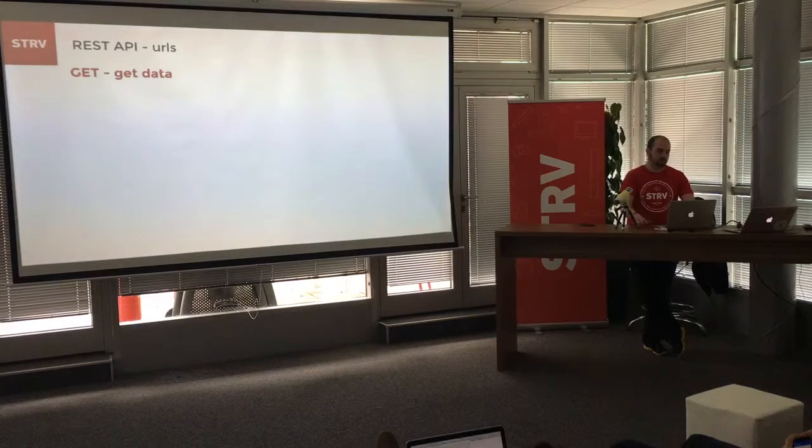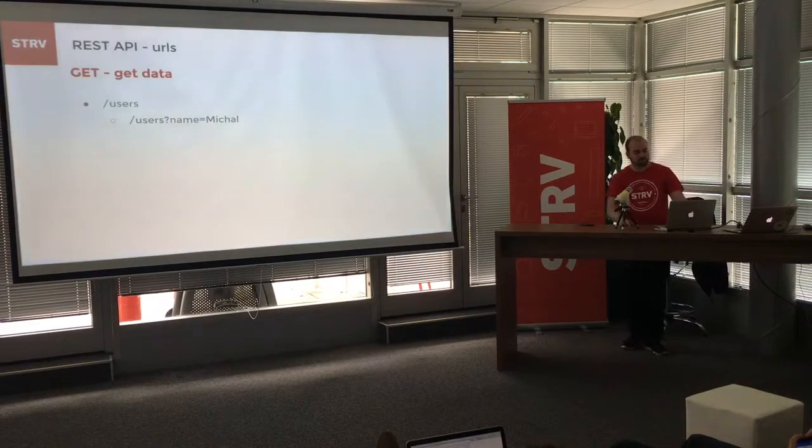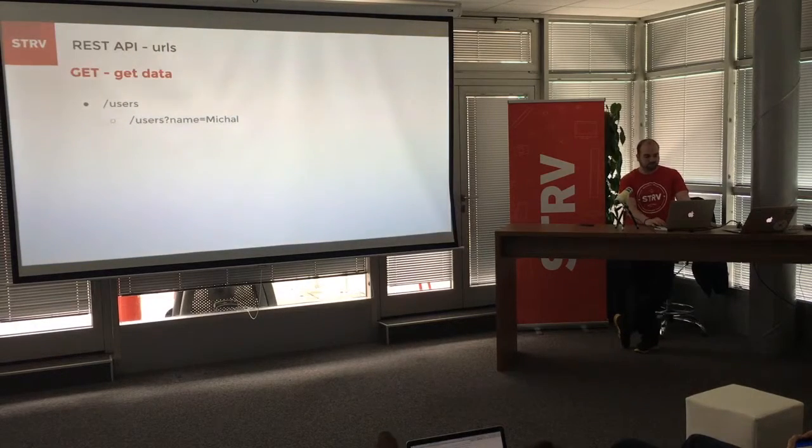Okay, let's move on to examples. First will be the URLs for the GET method. GET method is used for getting data. This is a surprise. Okay, if you want to ask for the list of users, we can ask like this, and also we can include parameters in the URL in case of GET. So like this will return all users which have the name Michael. If I want to ask for a specific user, I can do it like this, user/user ID.